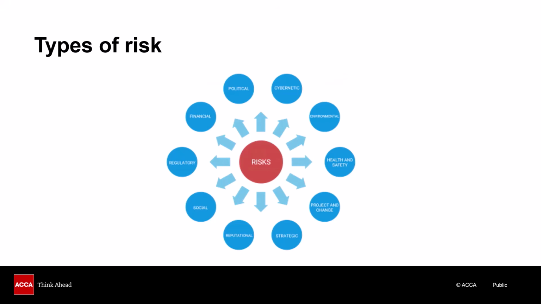There are lots and lots of risks that organizations need to identify and then address in terms of saying, how important are they? How dangerous are they? How likely are they to actually happen? And for those risks, determine what we're going to do about them, or rather what the organization is going to do about them.